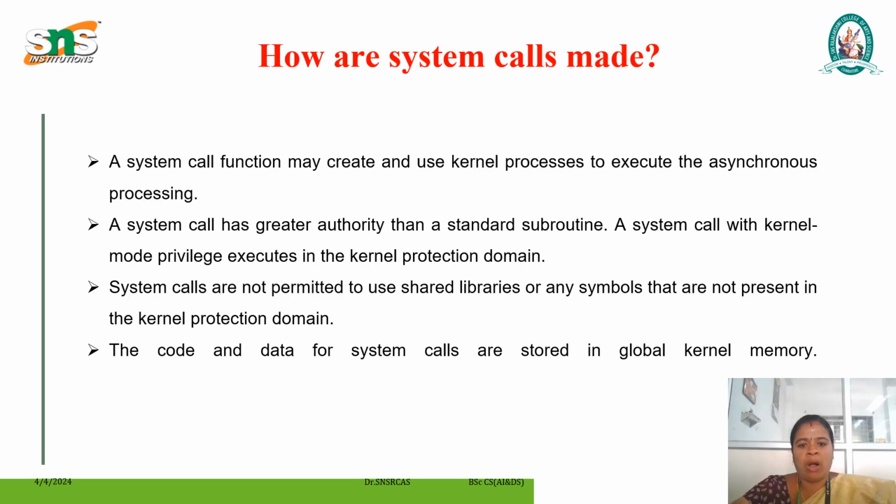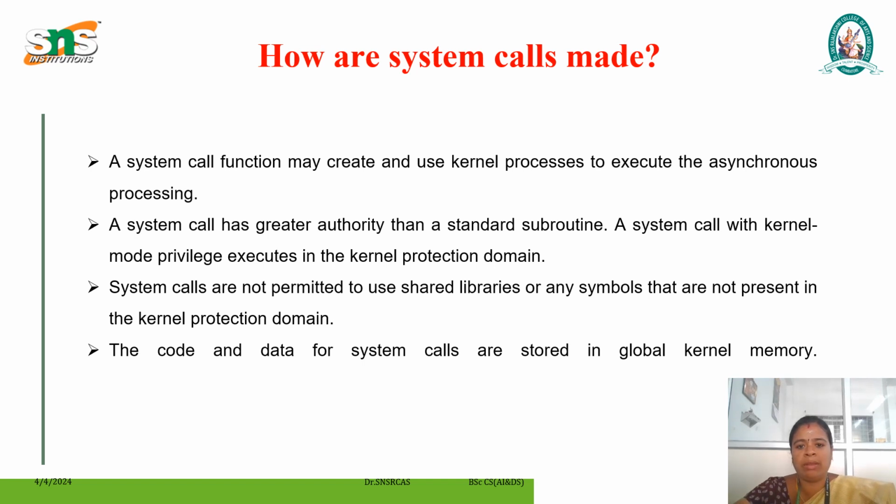Next one, how is a system call made? When computer software needs to access the operating system's kernel, it makes a system call. The system call uses an application programming interface to expose the operating system services to user programs. It is the only method to access the kernel system. All programs or processes that require resources for execution must use the system call, as it serves as an interface between the operating system and user programs.